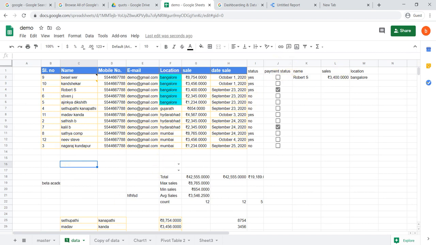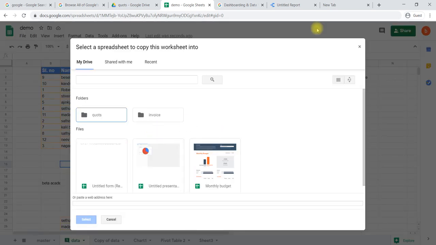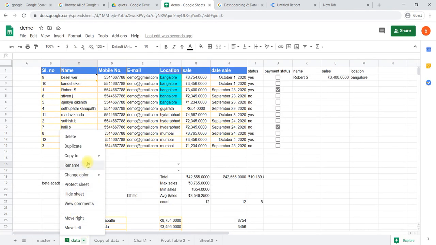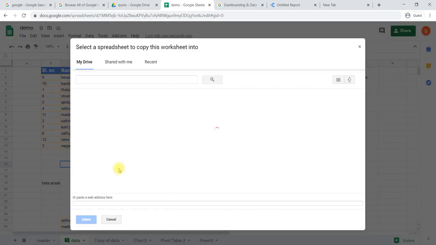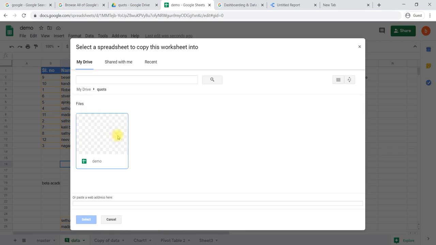Okay, then for example these are not necessary. Again you can do one thing, you can copy this entire page to make changes on the data. Copy to existing spreadsheet, for demo only.